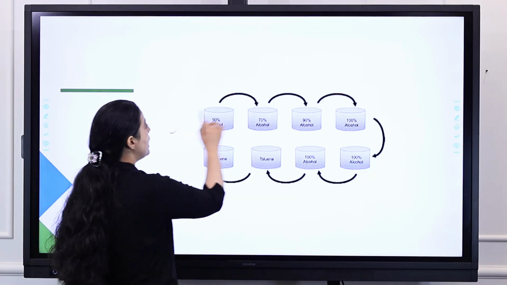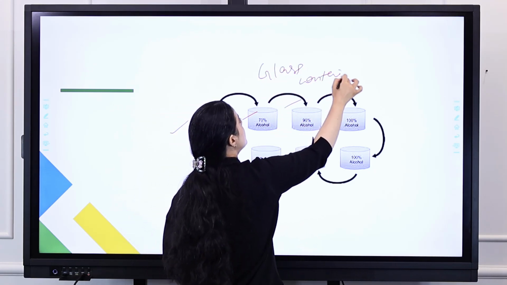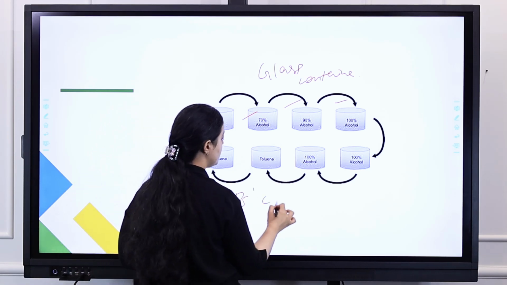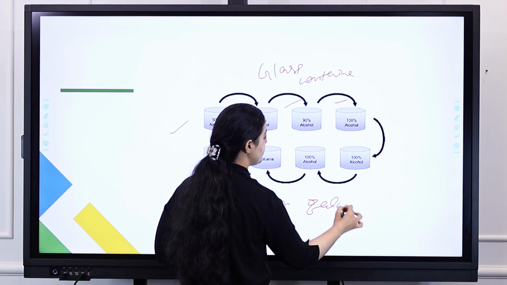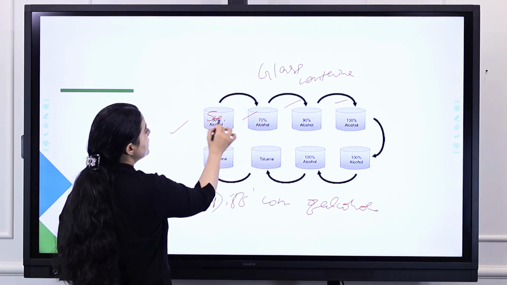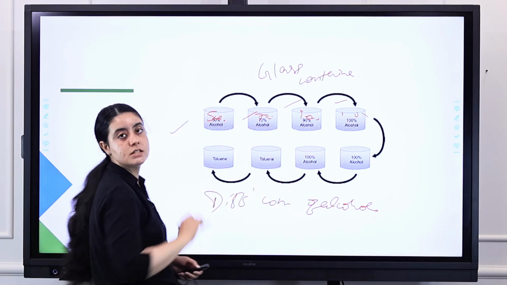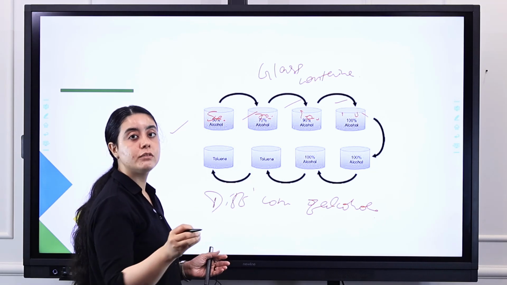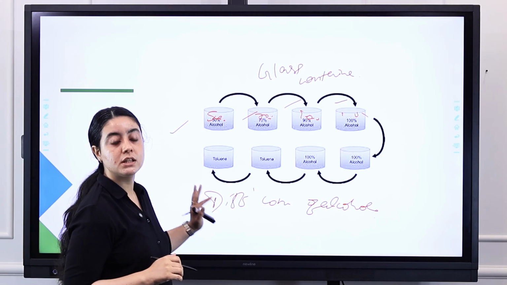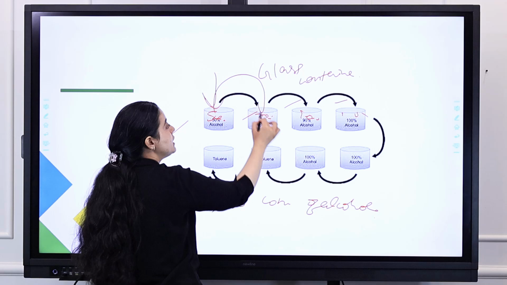Then you have glass containers like this, and you have different concentrations of alcohols in these containers, right? Like this is 50%, this is 70%, 90%, 100%. So you have different concentrations of alcohol, or any kind of reagents or solutions. Like this only, you have to perform your procedure in the histopathology lab. So first you have to put your sample here, then you have to put your sample here, right?